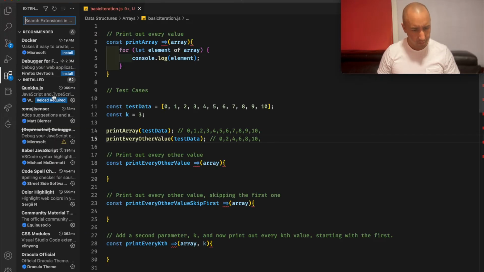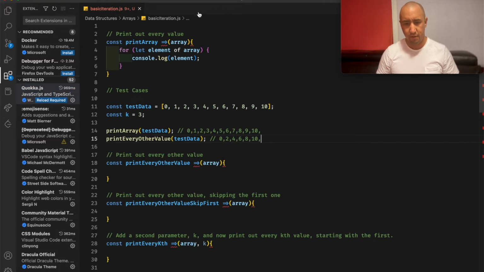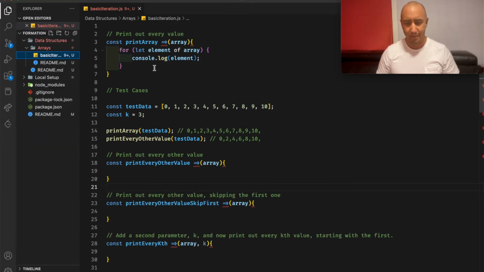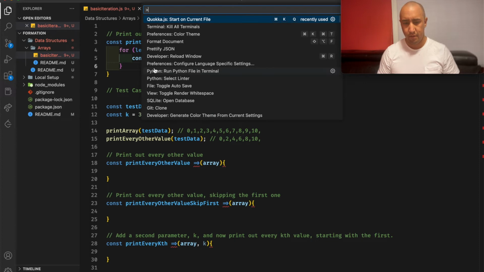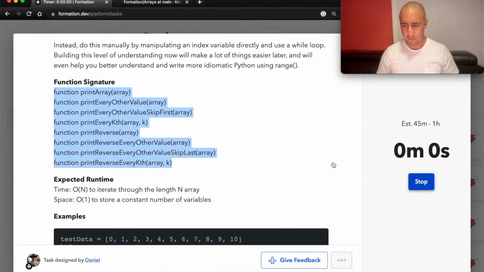Yeah, this extension Quokka right here, Quokka. I'm going to be using this. You can maybe see it in here. As you can see, it's console logging in VS Code rather than pulling up the terminal, running node, and calling the file. It makes it really easy for simple applications like this. And I realized I totally forgot to start the timer. It's cheating. All right. Anyways,